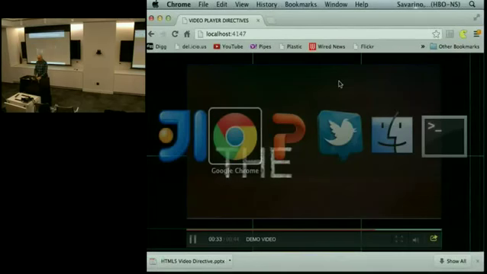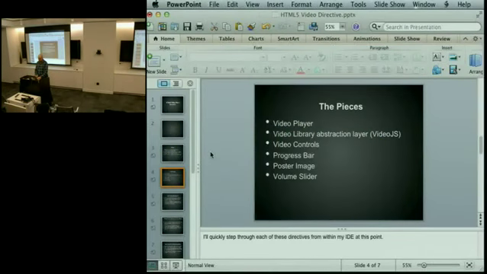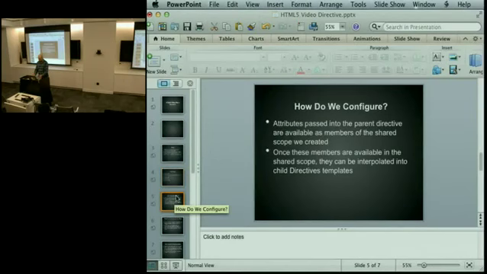So that's the overview. Those are all of the pieces that make up this set of directives. How do we configure it? So as I briefly mentioned,